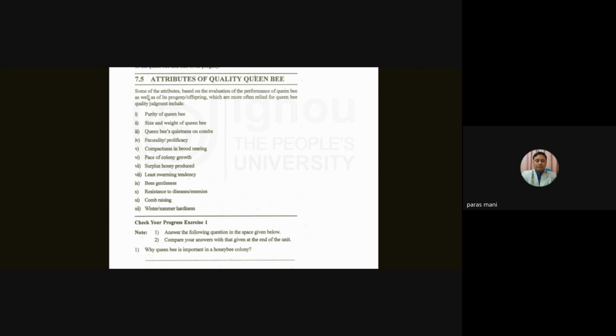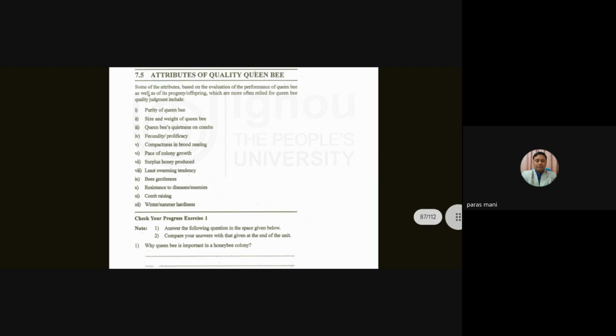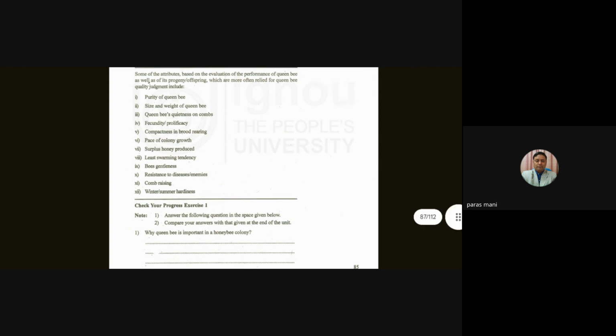There are different attributes of queen bee based on evolution and on the performance of the queen bee as well as of its progeny or offspring, which are more often relied upon for queen bee quality judgment. These are the characters we have to consider for judging the quality: purity of the queen, size and weight of the queen,